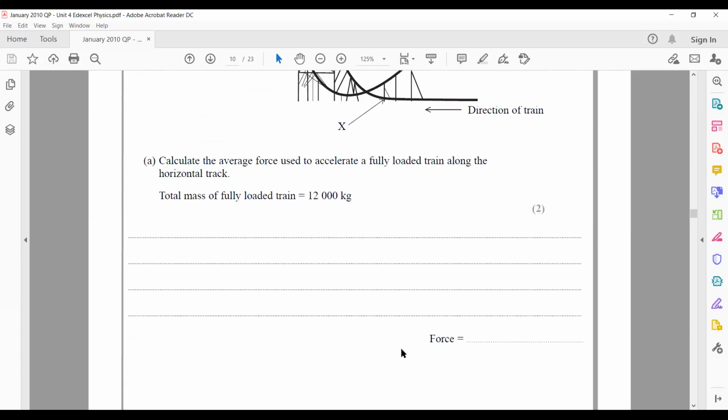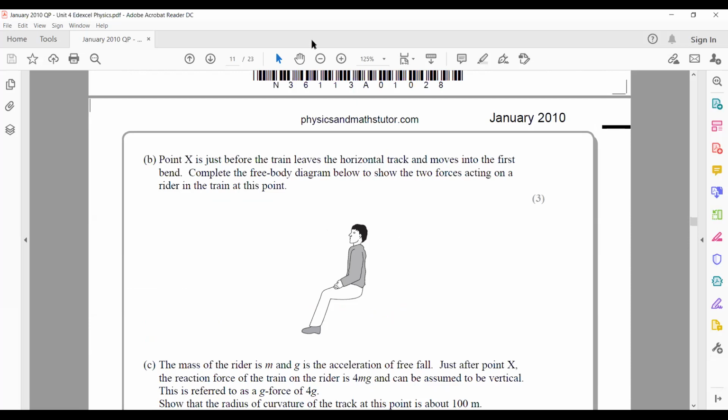So we have to mention the forces which are acting. Because it's just a horizontal movement, when an object is moving horizontally, there is no resultant force in the vertical plane. So weight is acting down and the normal contact force is acting up. And you will label weight and normal contact force. 1 mark is for weight, 1 mark is for normal contact force. And the third mark, the length of the arrows should be equal,